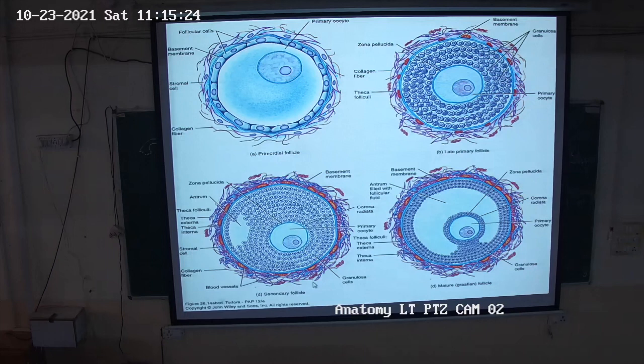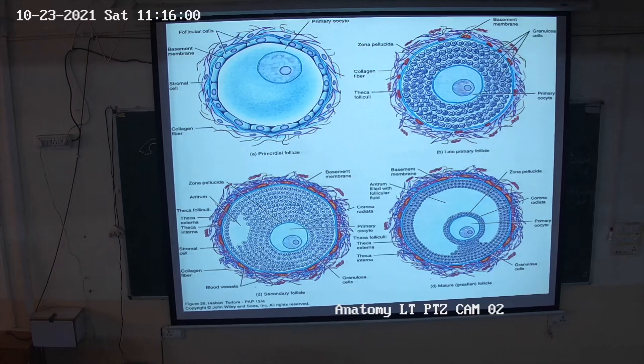Discus, D-I-S-C-U-S, P-R-O-L-I-G-E-R-U-S, discus proligerus, that mounding part that connects the primary oocyte to the rest of the Graafian follicle. Okay. Then the stromal cells around the membrana granulosa form the theca interna, and the outermost layer is the theca externa. Okay. So you should remember these different stages: